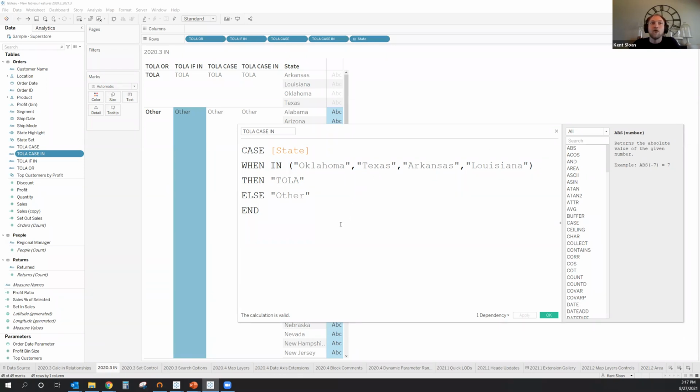And this is as of 2020.3. So it is absolutely in 2021.1 and everything that is more recent now. So if you're dealing with strings in particular, with a lot of or statements that you have in a series, the in operator can make your life easier from development and also can help with performance as well.